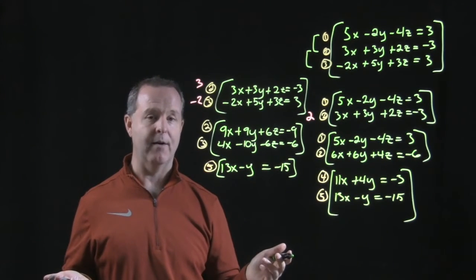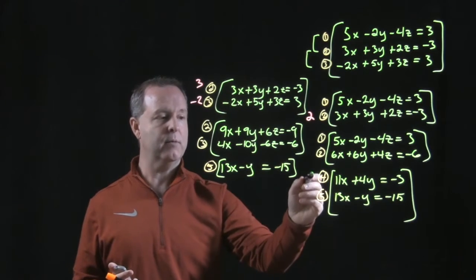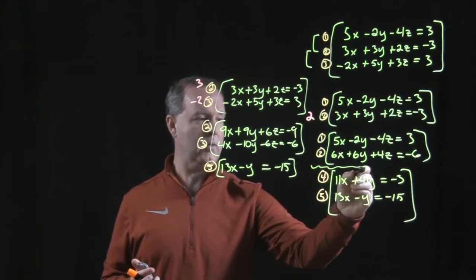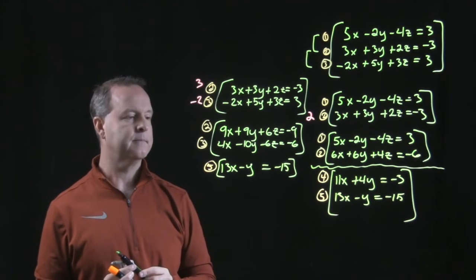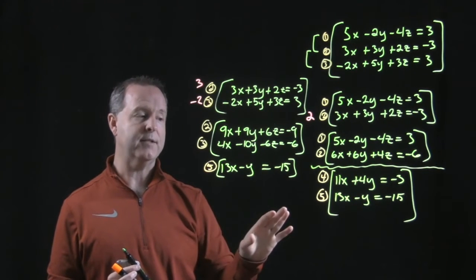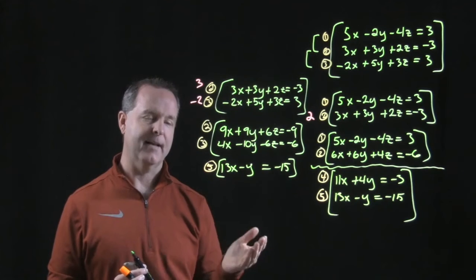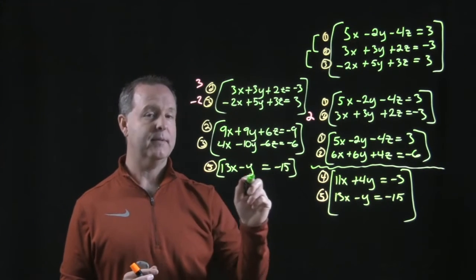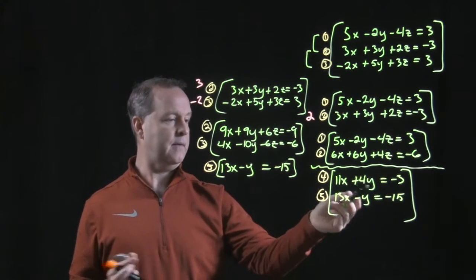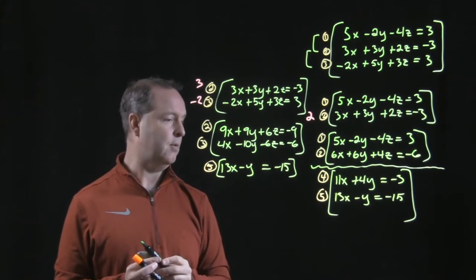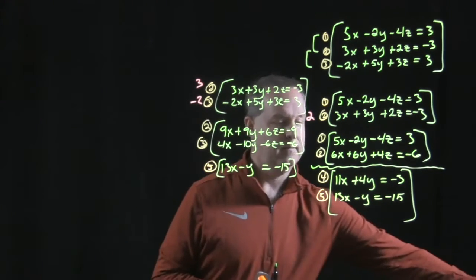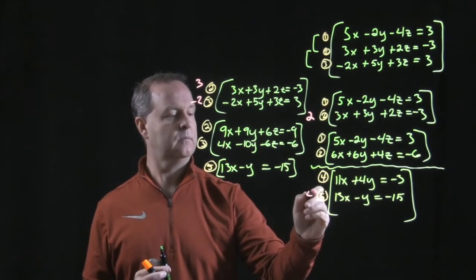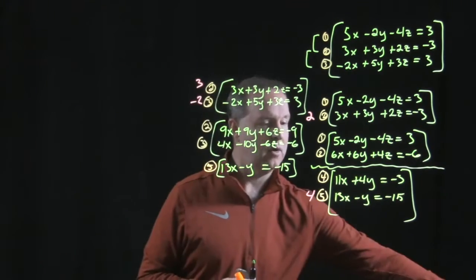What do we do from here now? Well, let's look at our new 2 by 2. I'm going to put a little squiggly on it because it's special. We finally got all the way there. So I want to reduce that 2 by 2 to a 1 by 1. How do we do that? Well, let's eliminate a variable, and it looks like if I multiply the second equation by a 4, multiply all the way through by a 4,